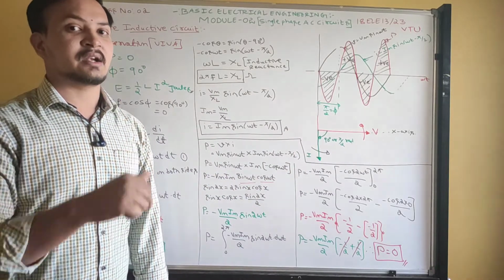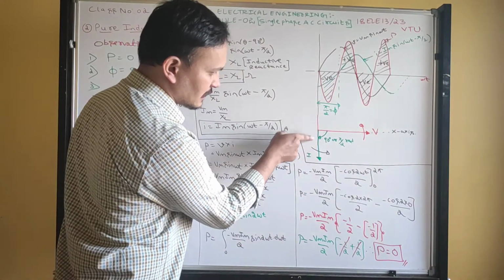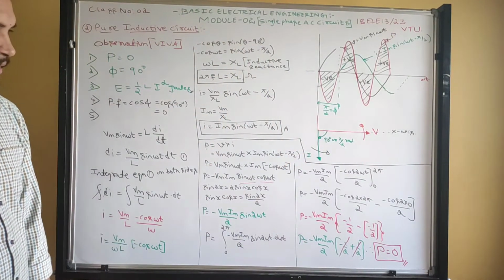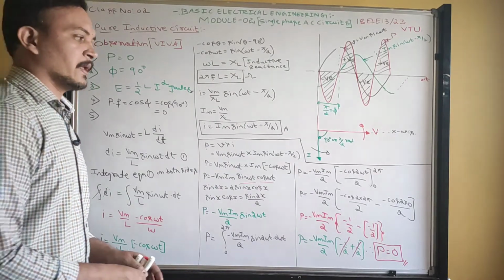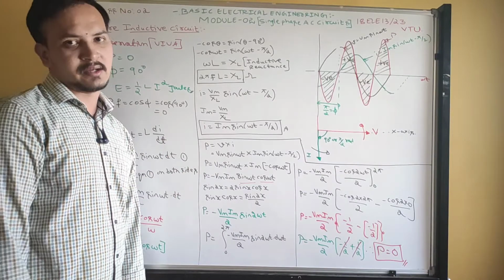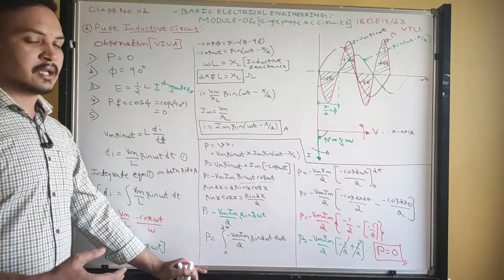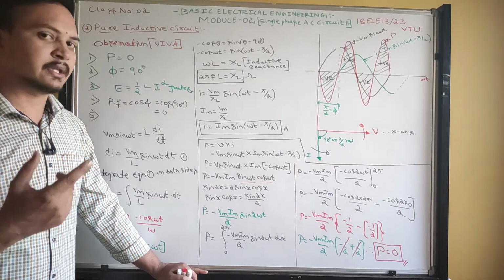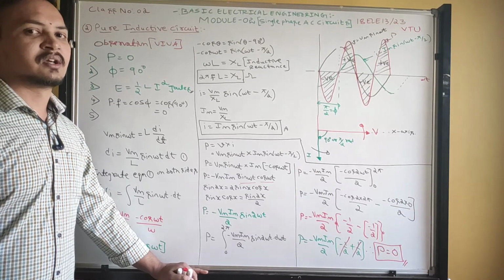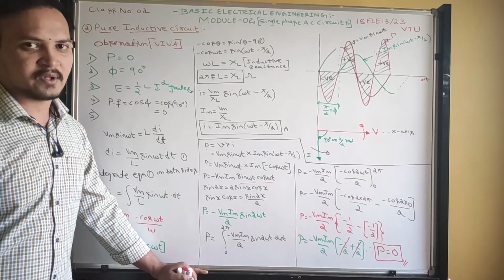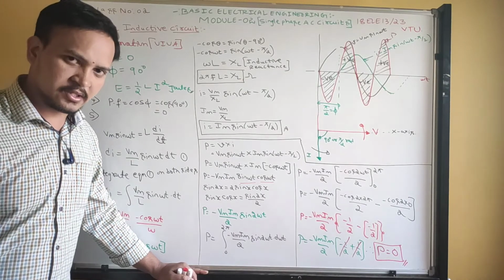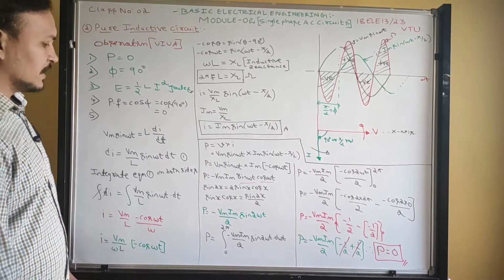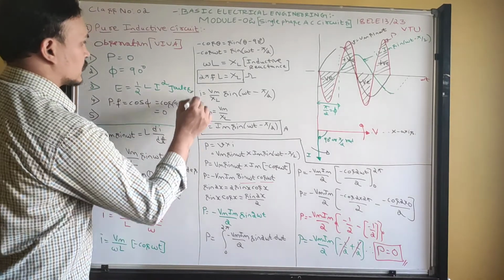So suppose if I take current as a reference, with respect to current, what about voltage? Voltage leads the current by 90 degree. We can take anything as reference in one element connected across the circuit. If it is more than one element, it may be series or parallel. If it is series, always take current as reference. If it is parallel, always take voltage as reference. So guys, this completes pure inductive circuit.